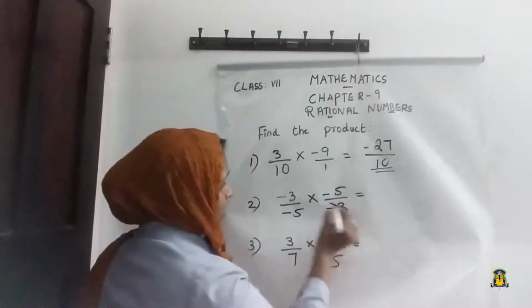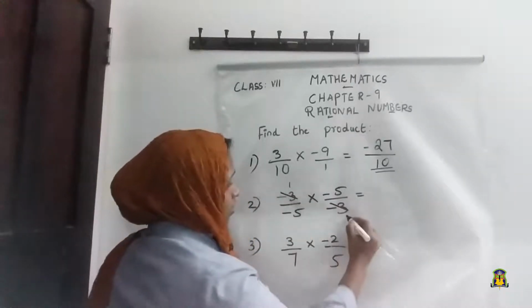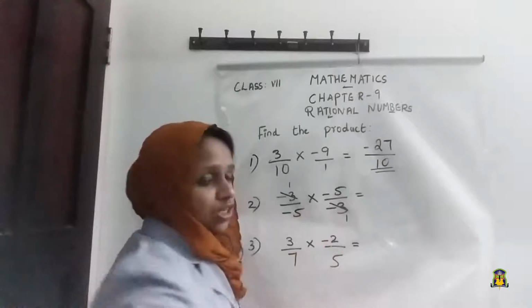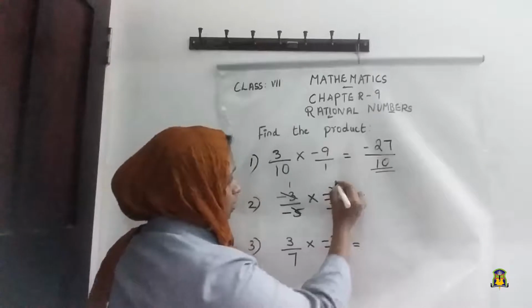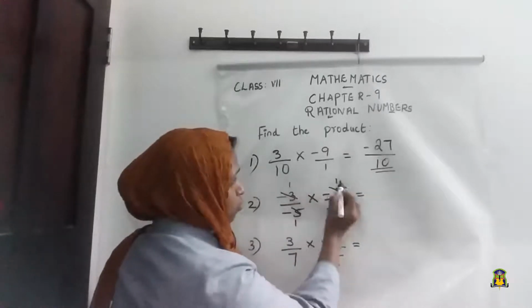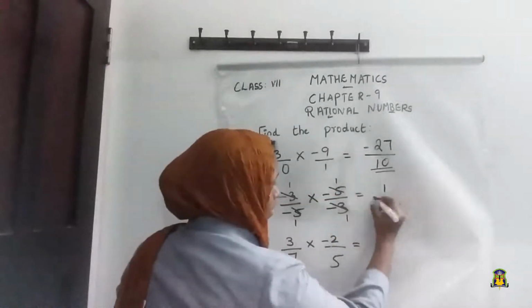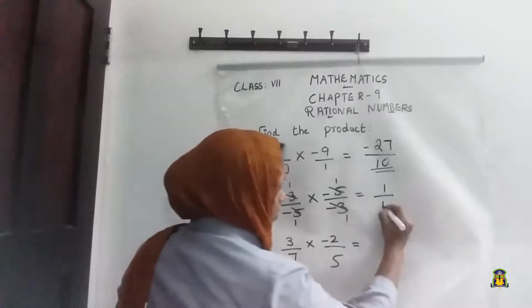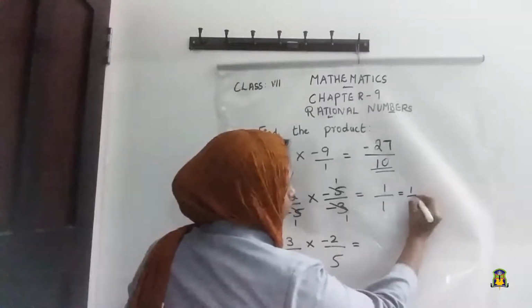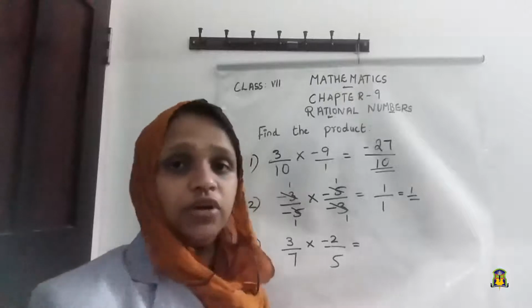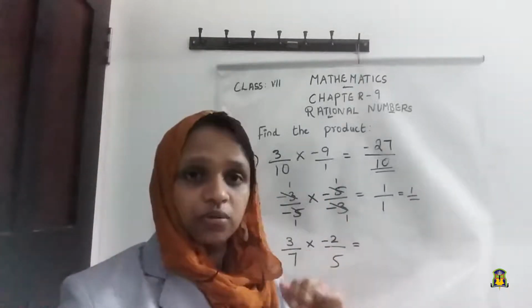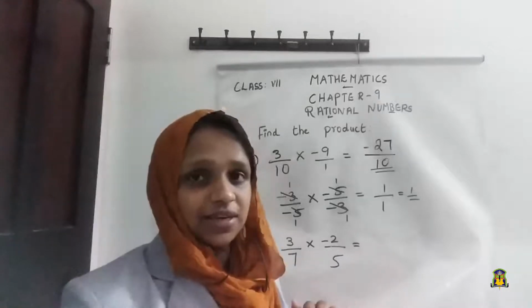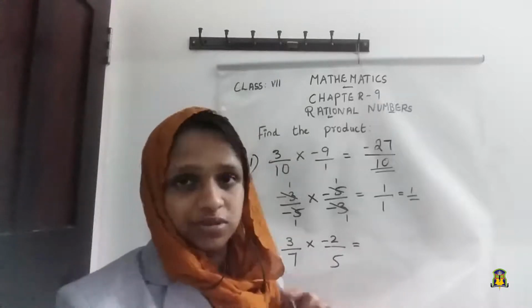So, that gives 1. Then here negative 5 and negative 5 also we can cancel. Okay. So, our answer is 1 in numerator, 1 into 1, it is 1, by denominator, 1 into 1, again 1. So, 1 by 1, we got the answer as 1. Okay, if in the numerator there is a negative and the denominator is also negative, then we can cancel it, so that the answer will be positive.